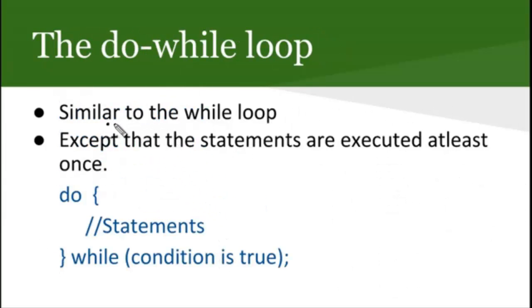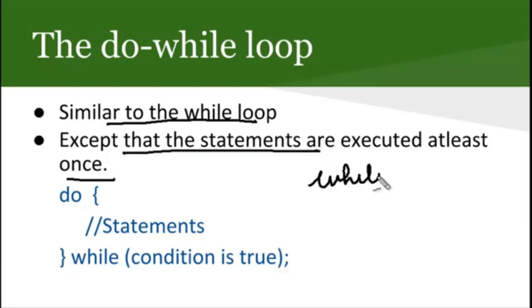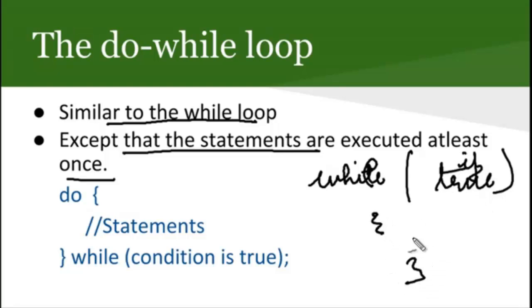The next loop which we are going to see is the do while loop. This is very similar to the while loop, except that the statements are executed at least once. In while, the statements were only executed if the condition was true. So if the first time the condition was false, then not even once would the statements be executed. But there are cases when we want at least